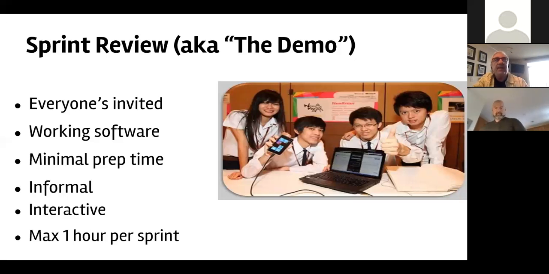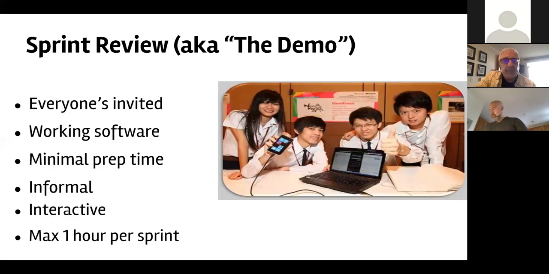Things are demoed within the context of being a fully integrated working product at some point. So this is where we say we inspect and adapt the product, and hopefully we're going to get some feedback. Not the only feedback we'll ever get from outside of the team, but we do want to get some feedback